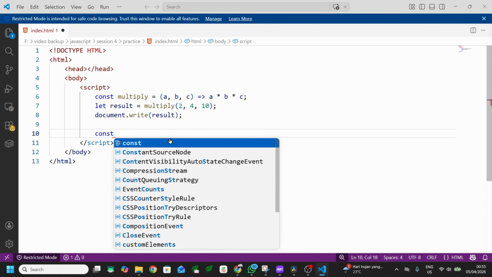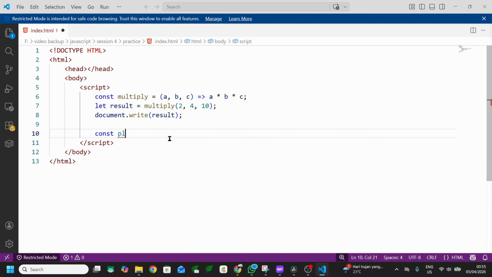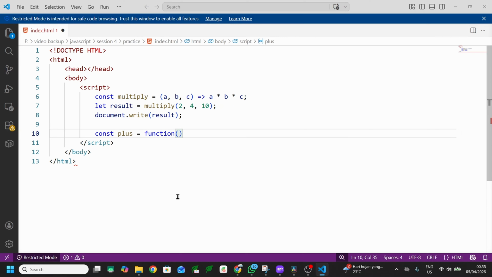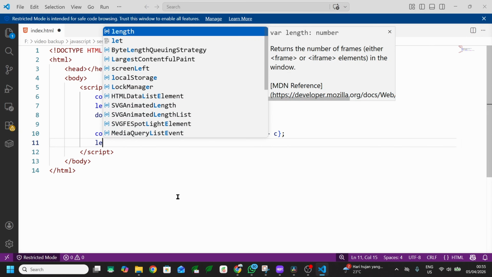For example, I will give the name of the new variable as plus, and I will assign it with the function syntax, where this function has three parameters, let's say A, B, and C, followed by the curly brackets, where inside there is a return statement of A plus B plus C parameters.